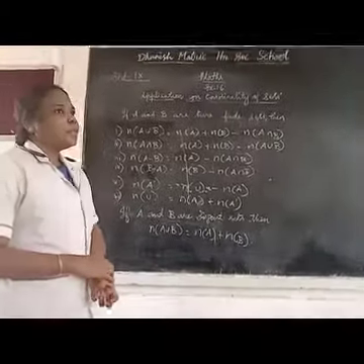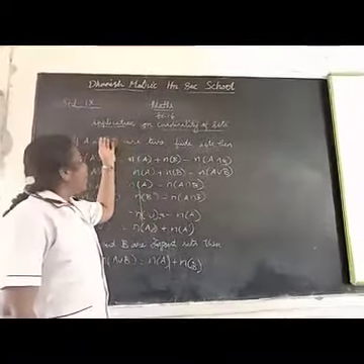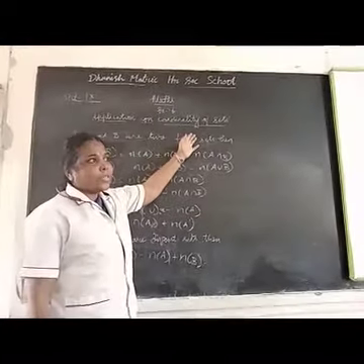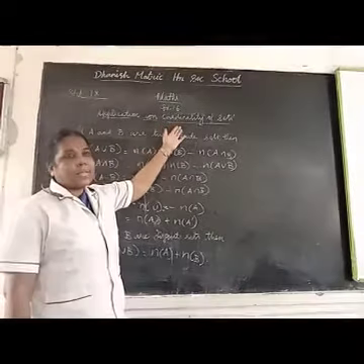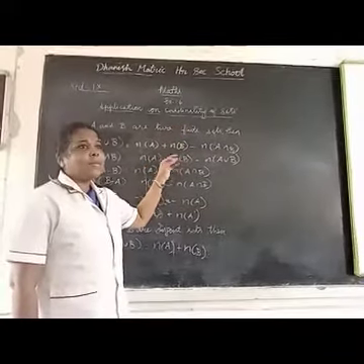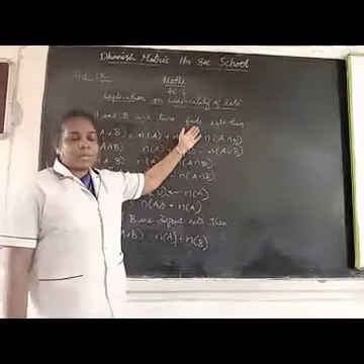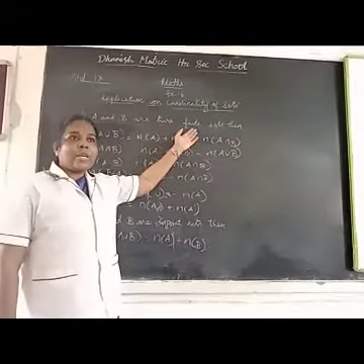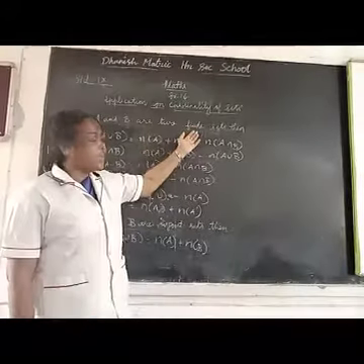Class 9. We are going to see exercise 1.6, the application on cardinality of sets. So first, what is meant by cardinality? Cardinality means the number of elements in the set. Suppose A and B are two finite sets. Finite means, as you know very well, countable sets with countable elements.